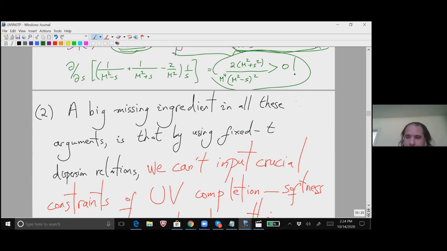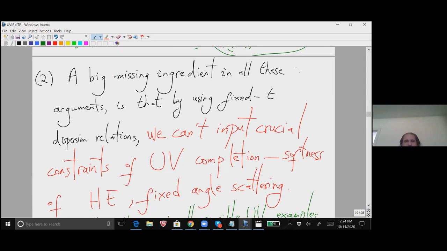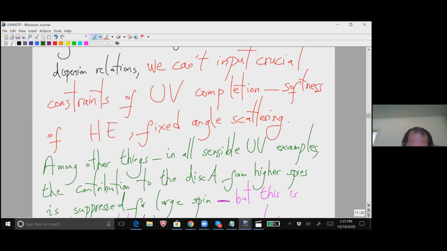does matter for causality. The second comment is about a sort of a big missing ingredient in all of these arguments, which is that all of these dispersive arguments begin by using some fixed T dispersion relations. And that's perfectly fine, but because of this, we can't input, at least in an easy way, in any way that I know how to do practically, the crucial constraints of UV completion. In other words, the softness of high energy fixed angle scattering in any of these discussions, okay? So one very practical aspect of this, in all sensible UV examples, the contribution to the discontinuity across